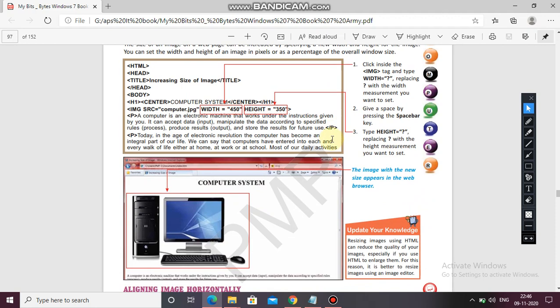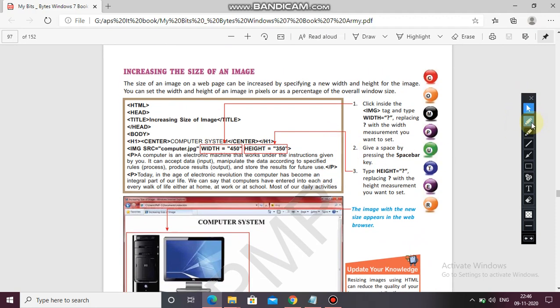Now, increasing the size of an image. The size of an image on a web page can be increased by specifying new width and height for the image. You can set the width and height of an image in pixels or as a percentage of the overall window size. So already we have seen that height and width I have written 100 pixels, 600 pixels.